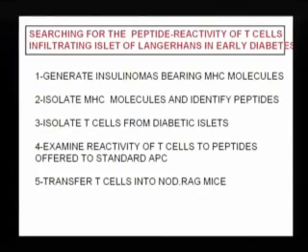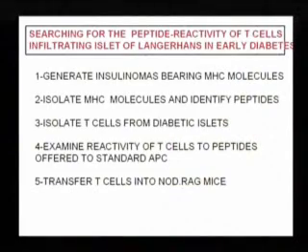At the same time that you're doing it, because you want to match them, you isolate the T cells from islets. So you now have peptides isolated from one side, T cells isolated from the other, that you can transfer diabetes or not, and now you match them. And you examine then the reactivity of T cells in vitro as well as in vivo, by transferring the T cells to rat mice.